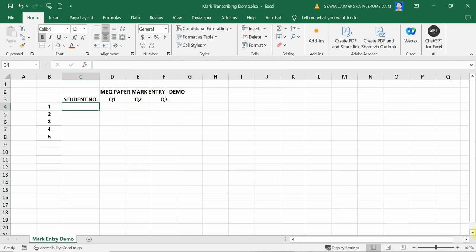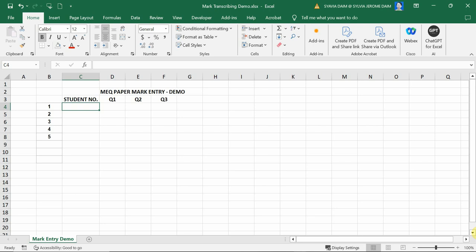Hello everyone. The solution in this tutorial can be utilized whenever we need to transcribe a large set of data, typically from a physical paper source into a Microsoft Excel worksheet. This solution stems from my own experience as coordinator for our Year 1 Medical Doctor Program module MM10506 Agents of Disease, where each year I need to transcribe at the minimum 3,500 marks or data sets for about 90 to